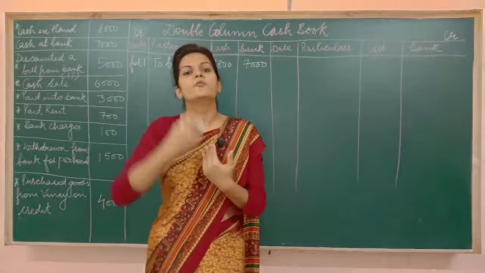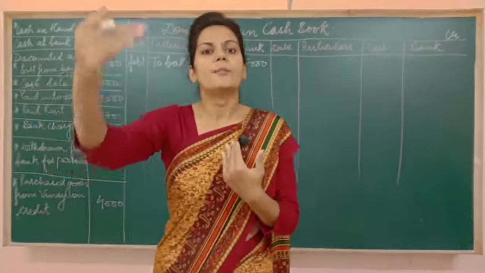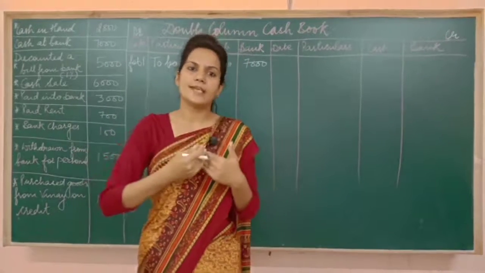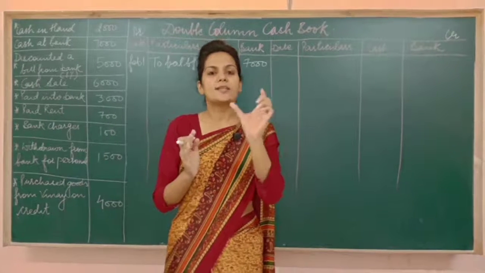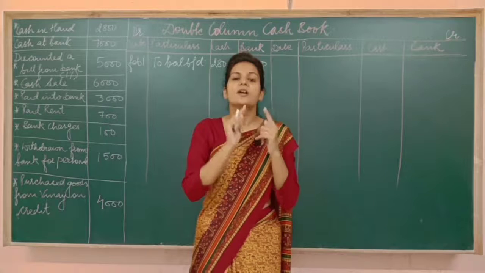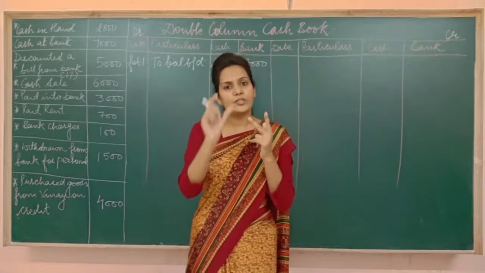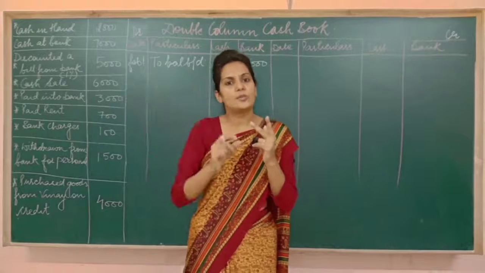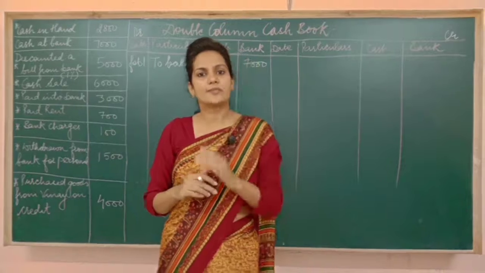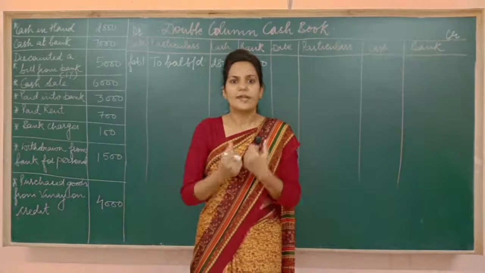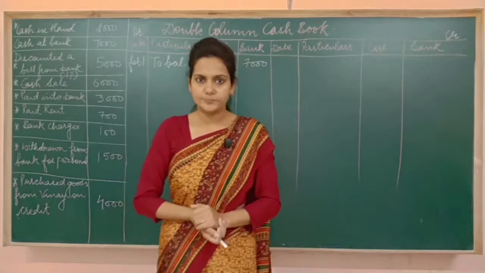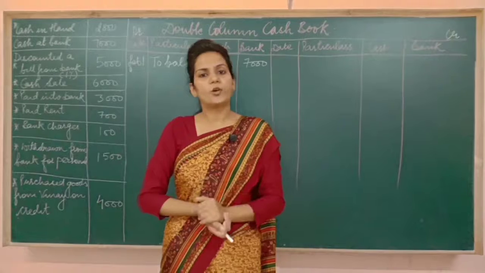The seller gives one official document to the buyer. The buyer signs on that document and gives it back to the seller. On that document it is clearly mentioned to whom the goods were sold, when they were sold, what the amount was, and on which date Ram is going to make payment to me. Ram has signed on that document. It means the debtor has now become a bill receivable, and Ram has accepted that on so and so date surely Ram is going to make payment to me. Now Ram has given that document to me.